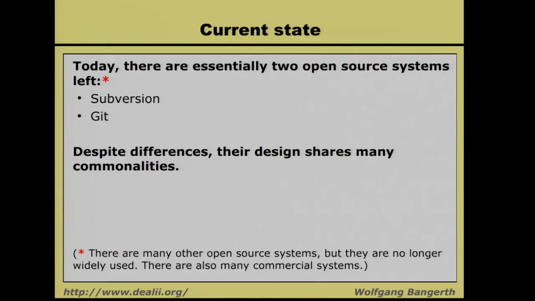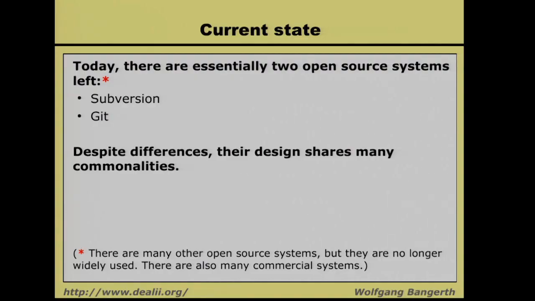So today, there are essentially two version control systems around. They're called Subversion and Git. There are many more, of course. There are many more open source systems. There are also many more closed source commercial systems, but by and large, there are really only two that are left, and I might suggest that in a few years only one is left. So Subversion and Git are the only ones that are widely used today, and I think Git is winning the